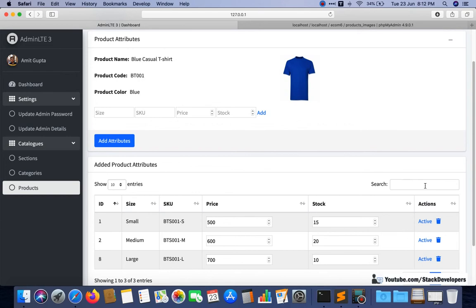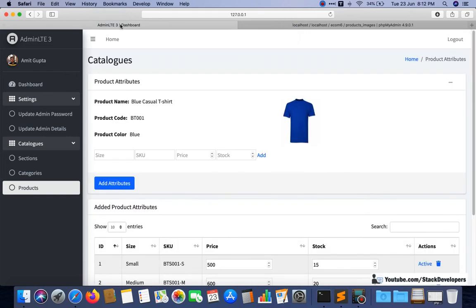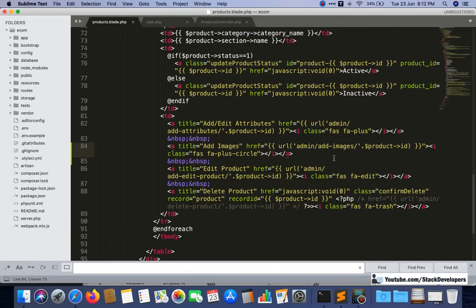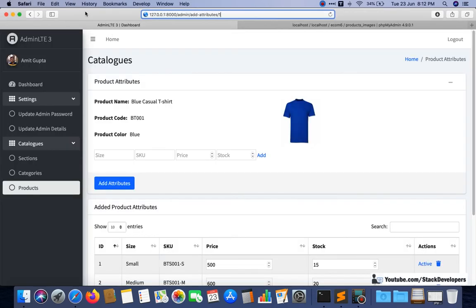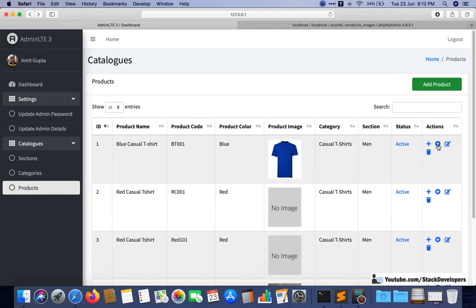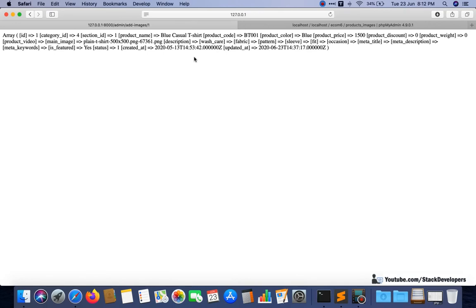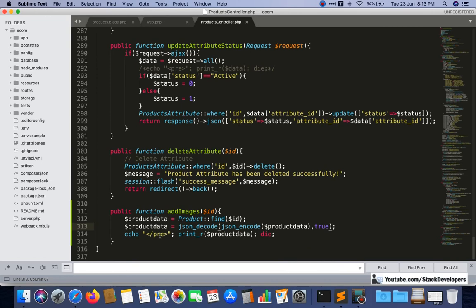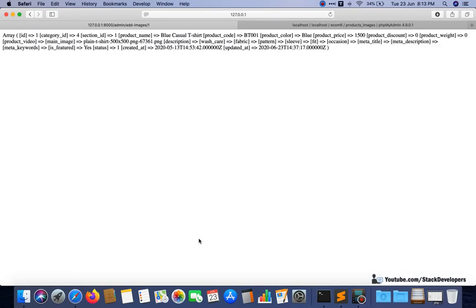Now it is fine. Here we also required to make a change, we have already done that change, but why is it not opening? We will go back once again. I am going to refresh and we'll click on images once again, and here the data is coming. You can see the data is coming now, in the form of array, all the data is coming up. But it is not coming properly because here we need to add like this. Now it will come fine.